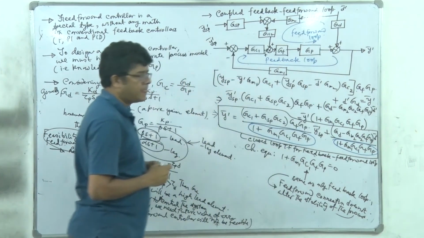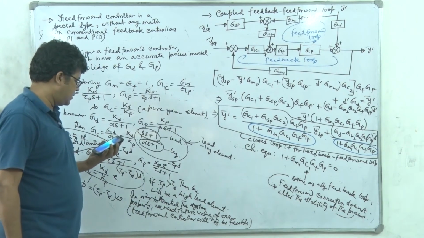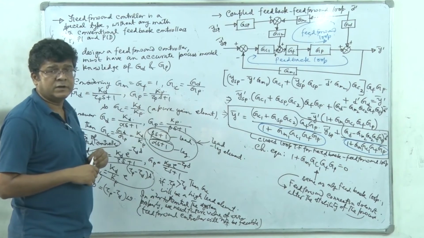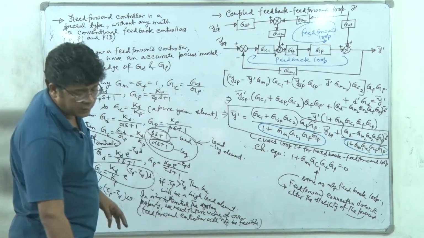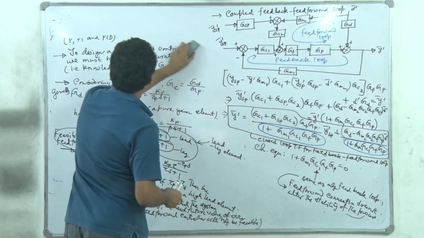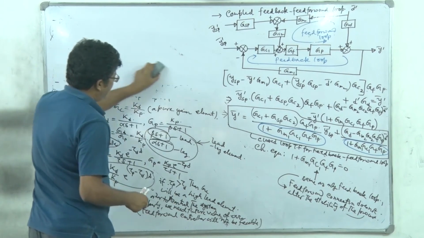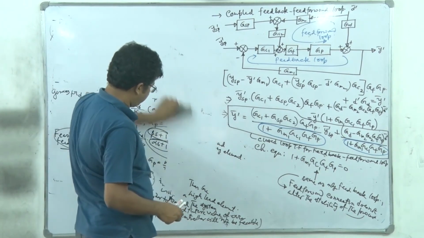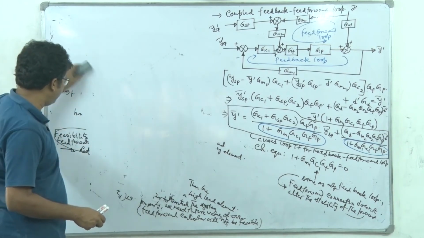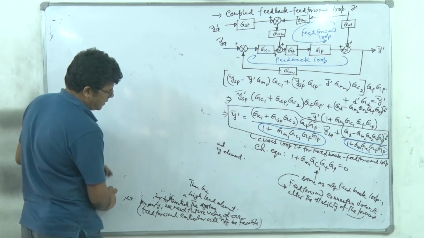Right? So that's about in general what is necessary to understand for feed forward, or the feed forward control strategy. Next we are going to discuss the last topic of our syllabus. I have covered the syllabus, and in the next session we are going to discuss the problems of module 1 and module 4, including some GATE problems of module 2 and 3.